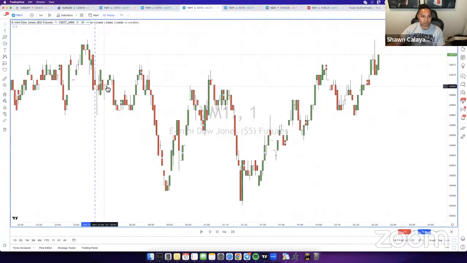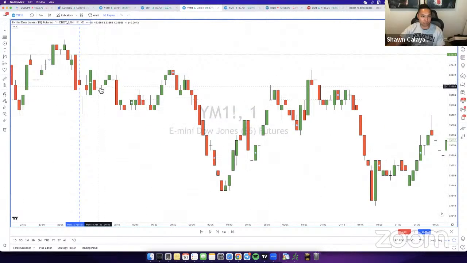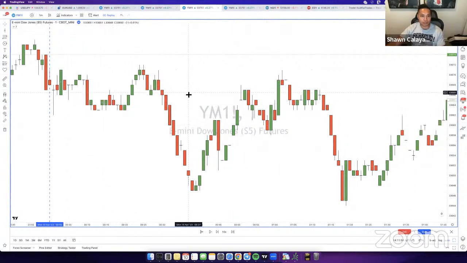If I was to see these types of candles, I wouldn't even bother looking at the charts because you can see how blocky they are. There's some candles with no body at all, and that's a clear sign that there's no liquidity and no volatility in the market. So if you get caught in a trade here, it's usually because the market's not really moving anywhere. It's just going back and forth. But if you have a timestamp for here, let me just unmute Allison real quick.